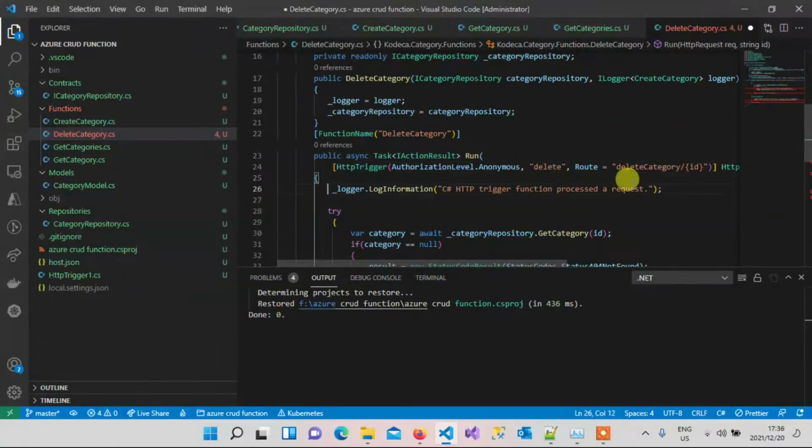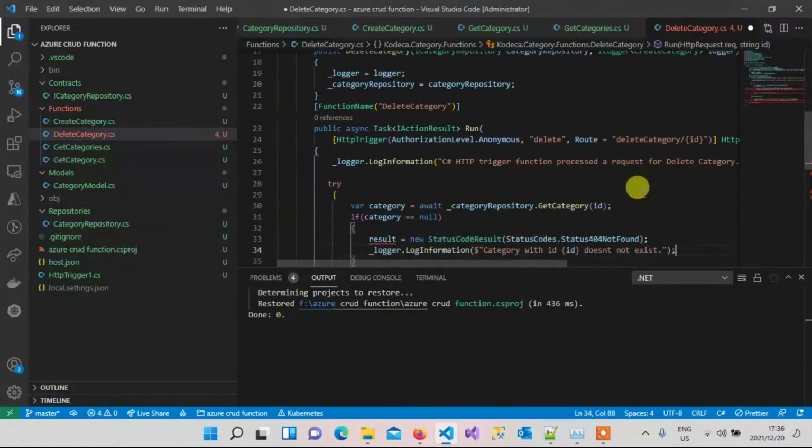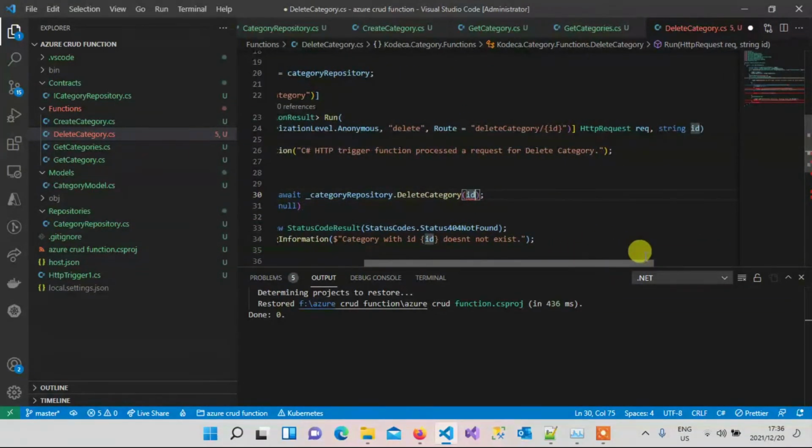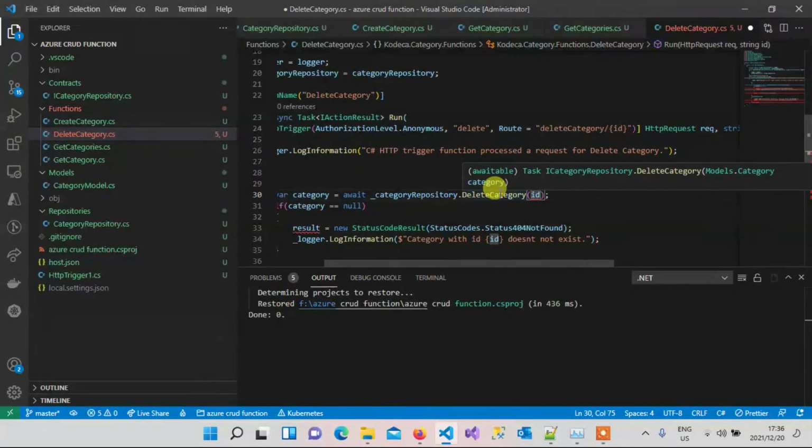And then I'll say for delete category, and then instead of a get, we are deleting. So delete our category. So we have ID. So our delete,